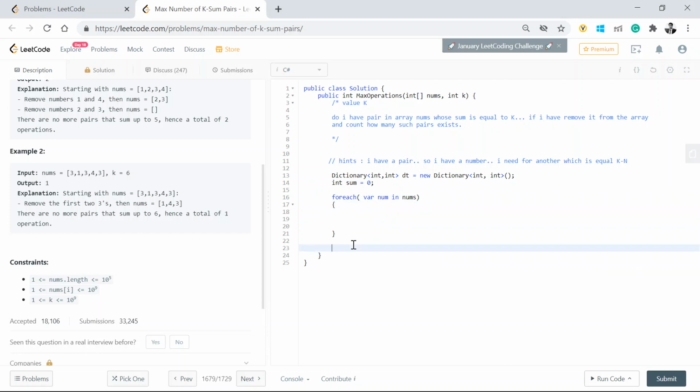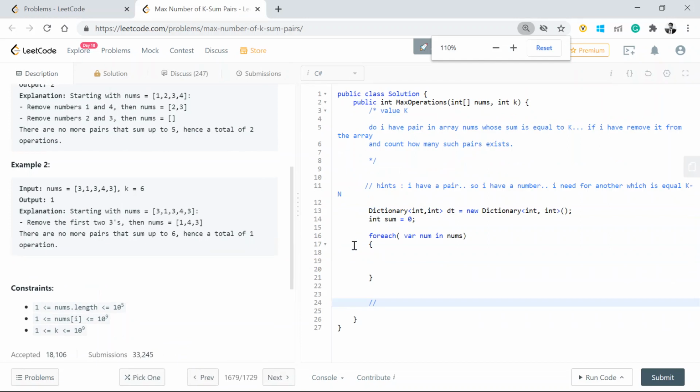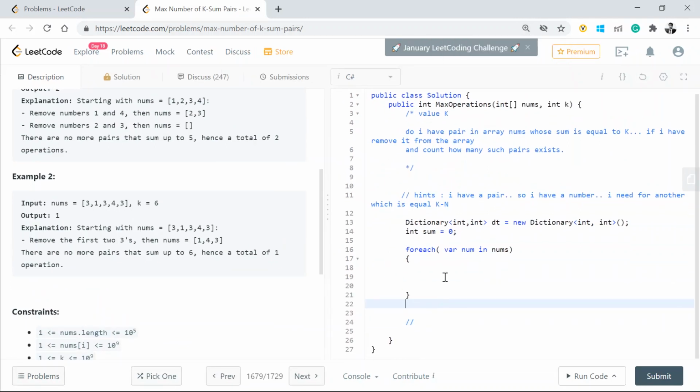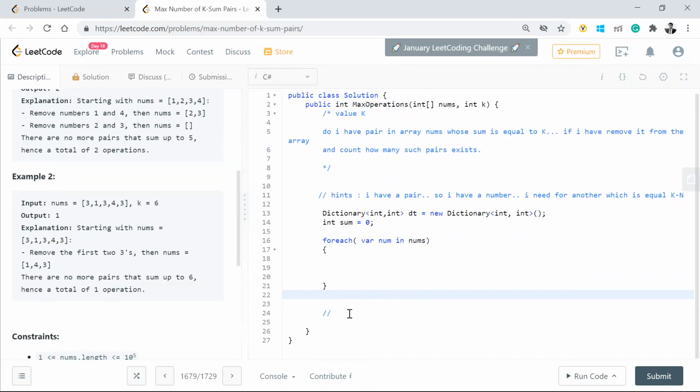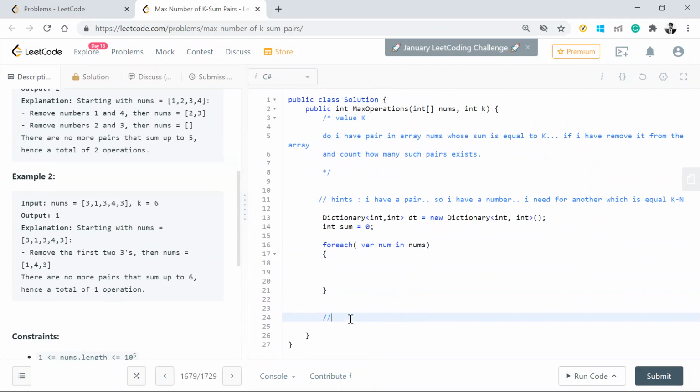Okay, so let's take this example. Say I had the values 1, 2, 3, 4, and what I'm looking for is a sum equal to 5. I'm going to create a dictionary which holds each value and its number of occurrences.